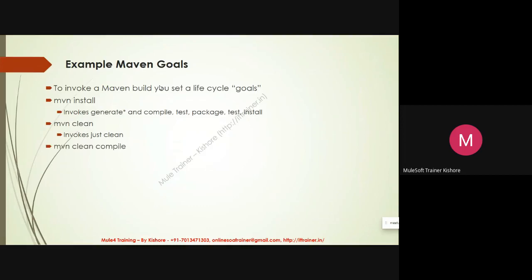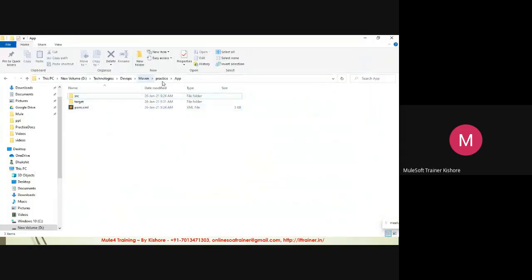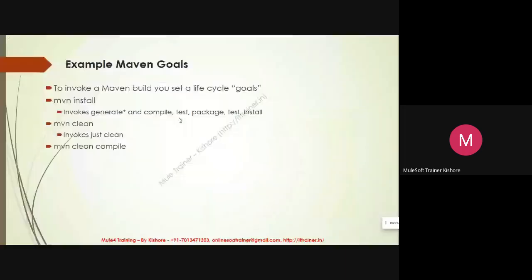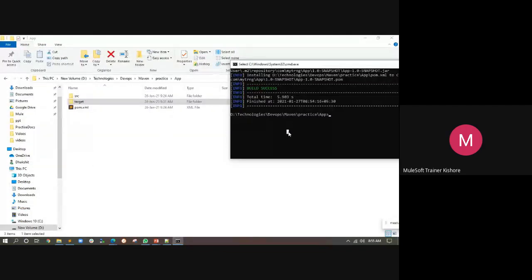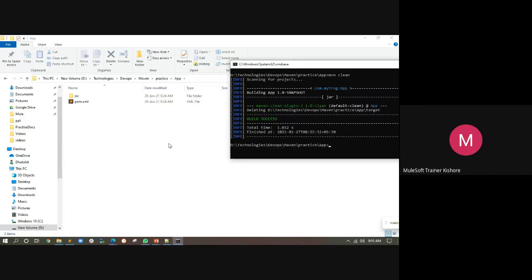Maven clean compile. What is the clean here? Clean will delete all the folders. Once Maven compiles, it will generate output in the target folder. So Maven has a clean command, it cleans your working directory. mvn clean is a separate goal. mvn clean will remove the target folder and all the compiled files.